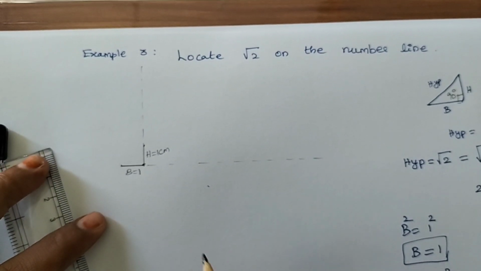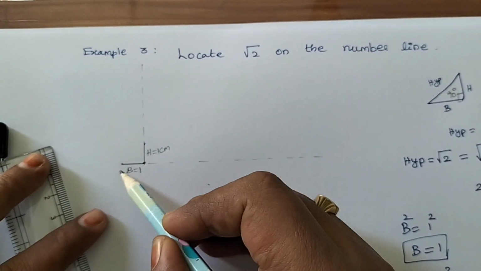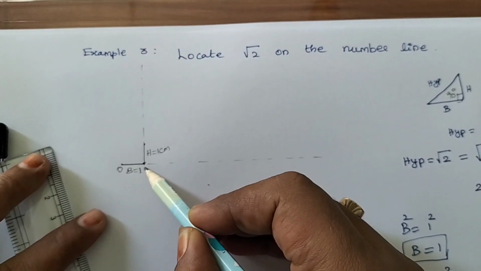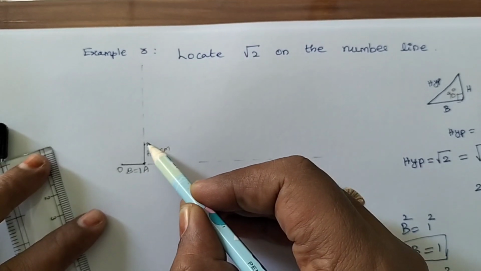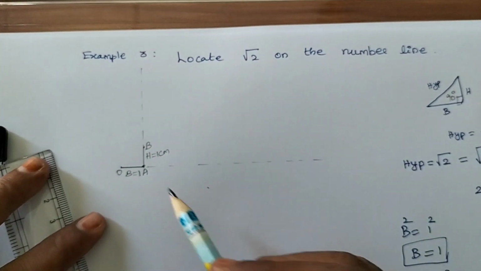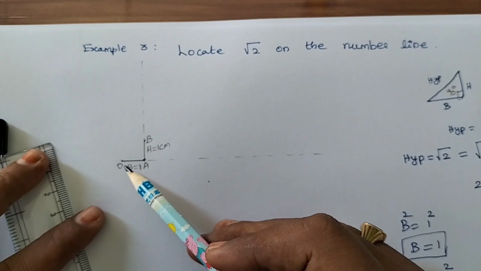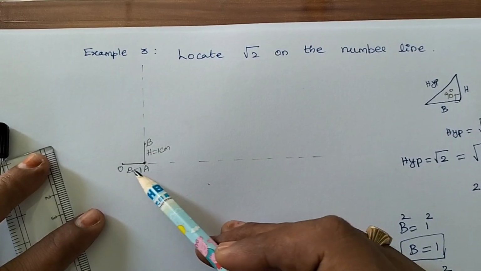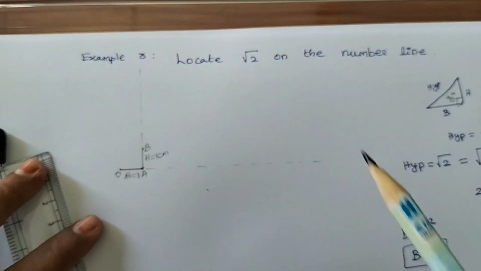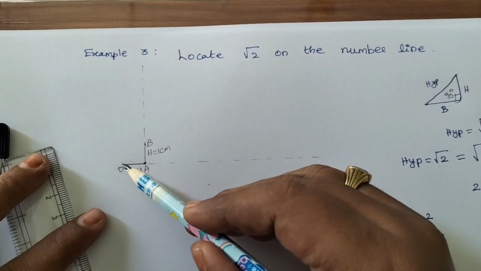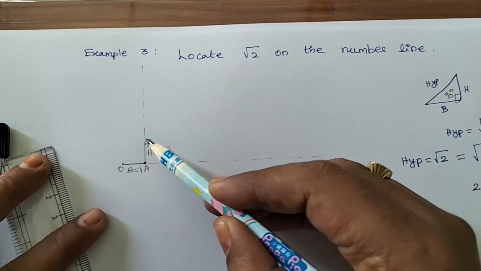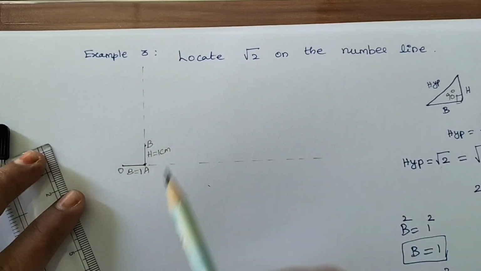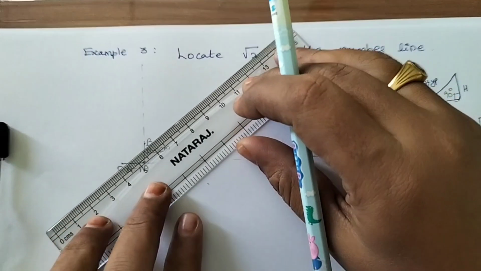Okay. So if you want to mention the sides, I can take this as O, this as A, and this as B. So just mention the points with different labels. O, A, B I have mentioned. Now just join the dots O as well as B. It forms OB. Okay, just connect OB.